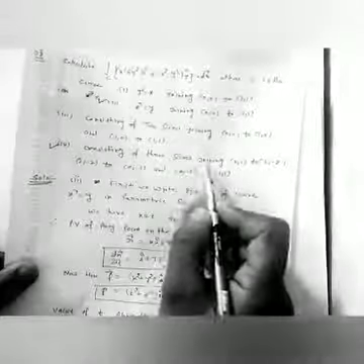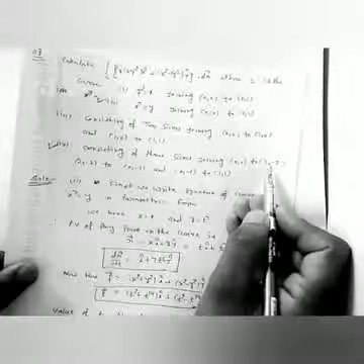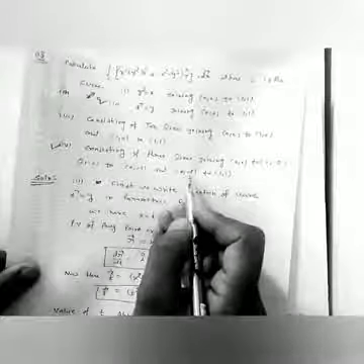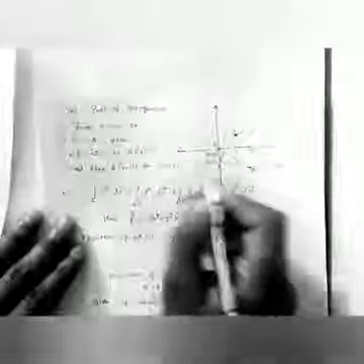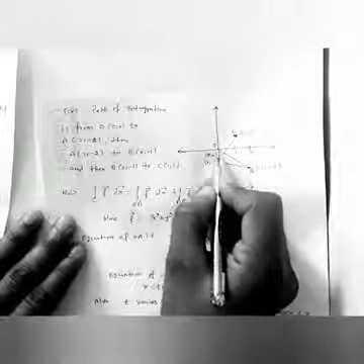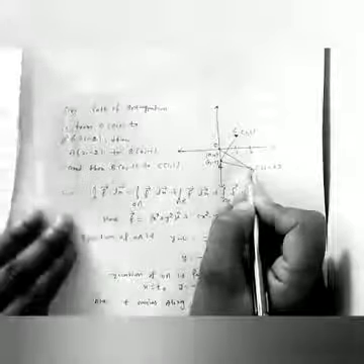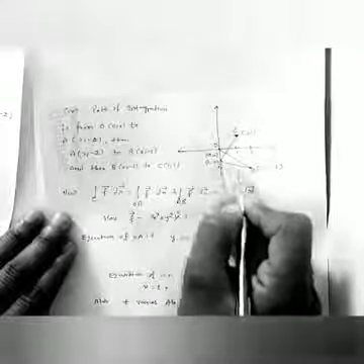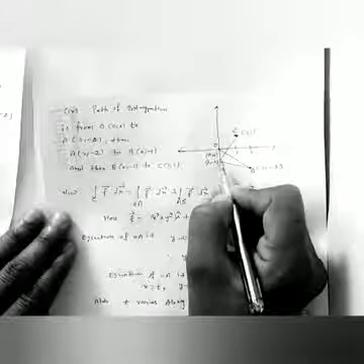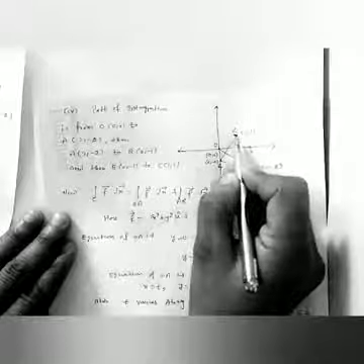In case of the fourth part, it consists of three lines joining from (0,0) to (2,−2), (2,−2) to (0,−1), and (0,−1) to (1,1). So first we draw the diagram for this. The first line is from (0,0) to (2,−2), with x component 2 and y component −2. The second line is (2,−2) to (0,−1), and the third line is from (0,−1) to (1,−1).